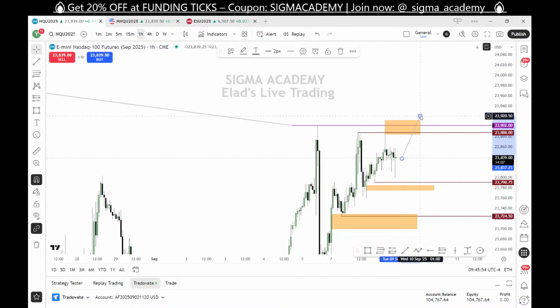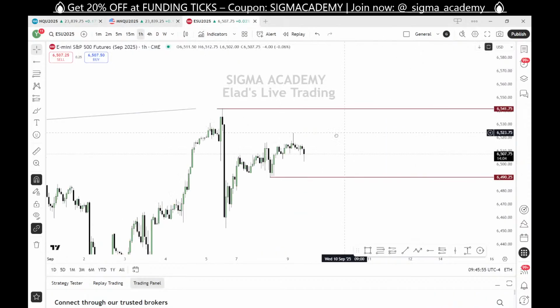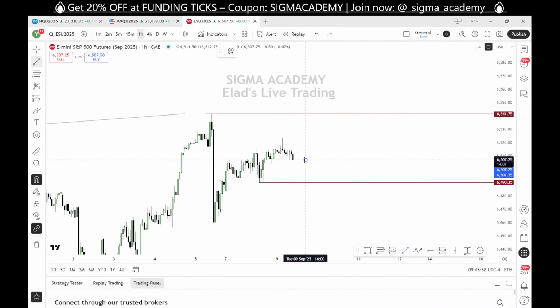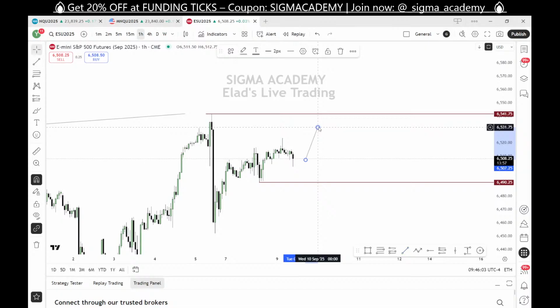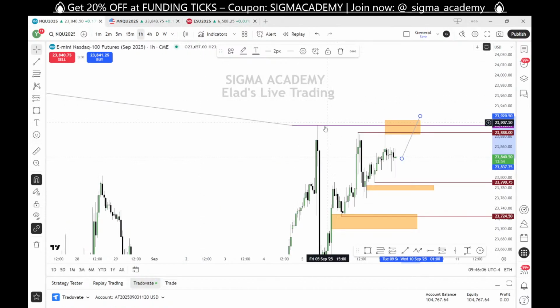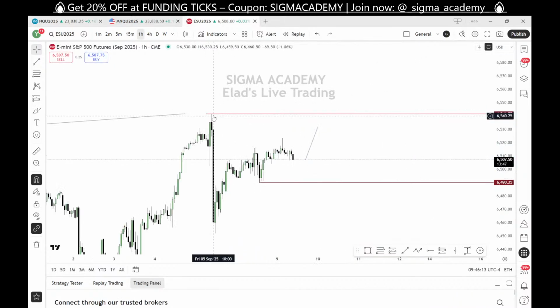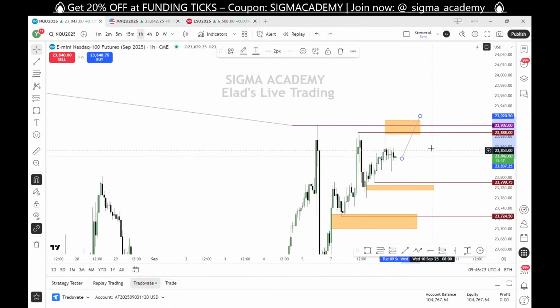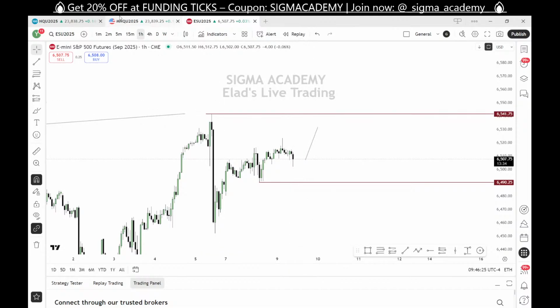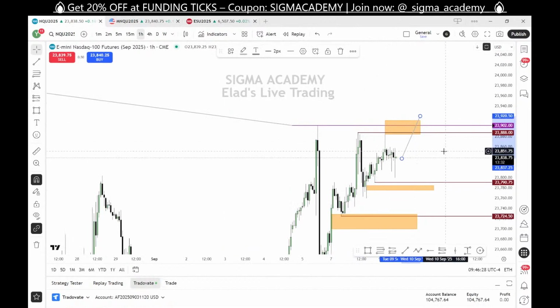the NQ is going up, and the ES won't go this high. What will happen? An SMT. Even on the lower time frame, this took out this high, and this right here, the ES didn't take this high. So we have a lot more clear view of what is going to happen if the ES won't take this high and the NQ is going to take this high.